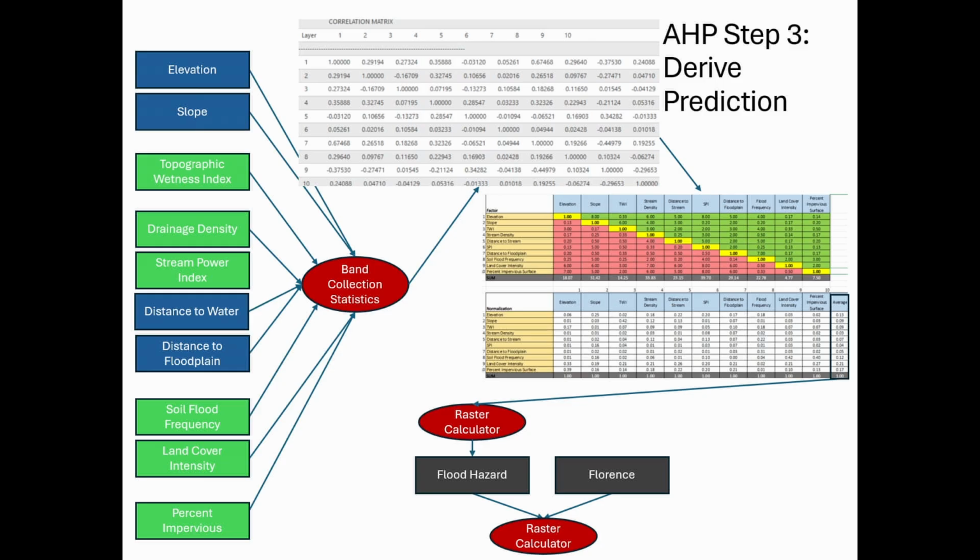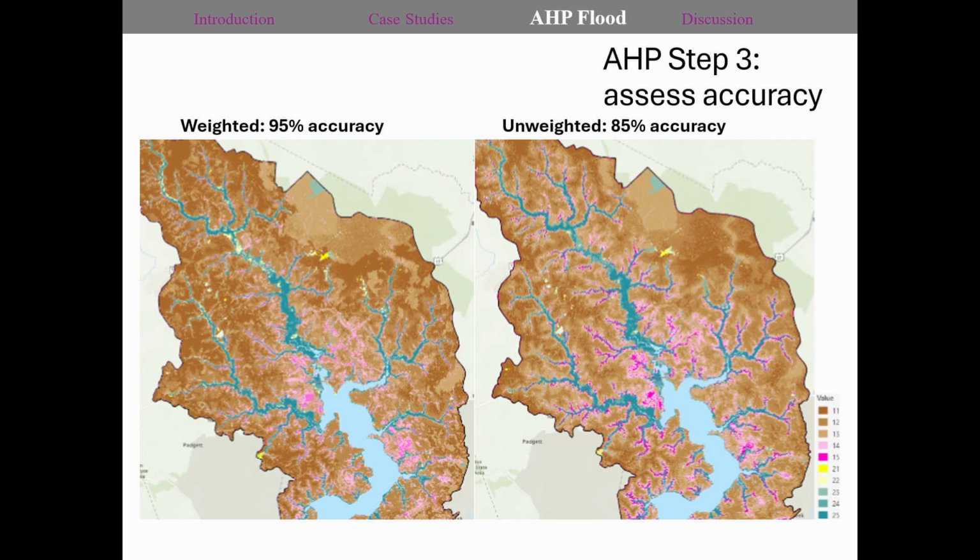Once those weights are computed, you run it through your raster calculator. It's a really simple raster calculator. You then compute your hazard, compare it to your event, and you can create maps like this. So on the left is your weighted model that was 95% accurate according to the weights that were in